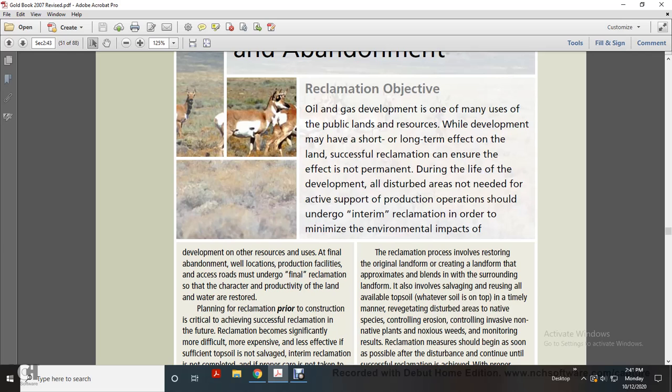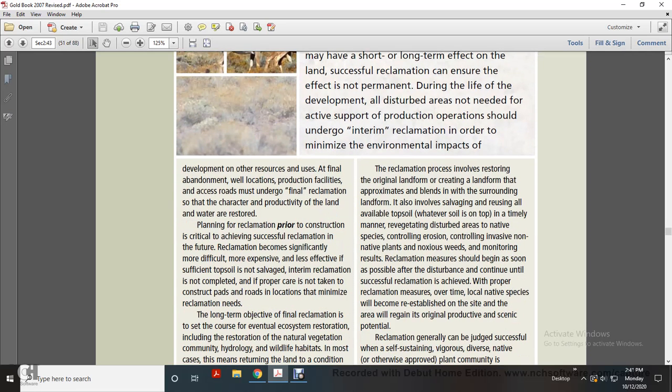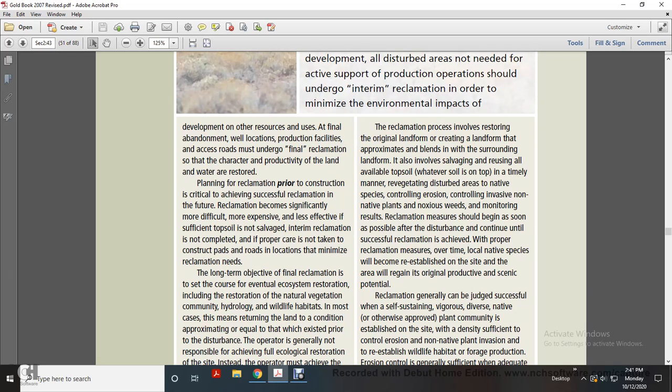All disturbed areas not needed for the active support of the production operation should undergo interim reclamation in order to minimize environmental impacts. When development on the other resource ends, we have the final abandonment of the well locations, production facilities, and access roads, which undergo final reclamation so that the productive character of the land and the water are restored. Planning of the reclamation during construction is critical to achieving successful reclamation,